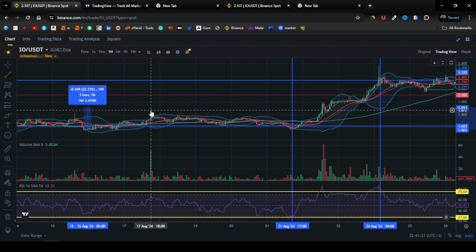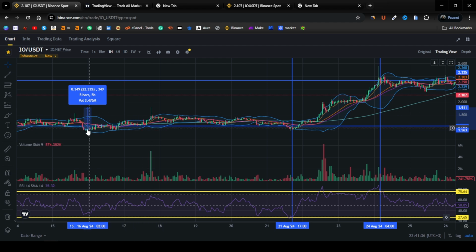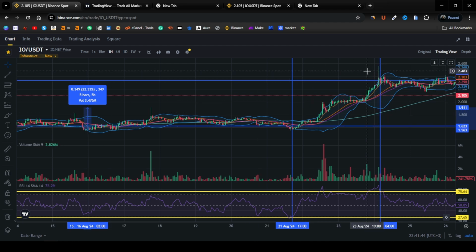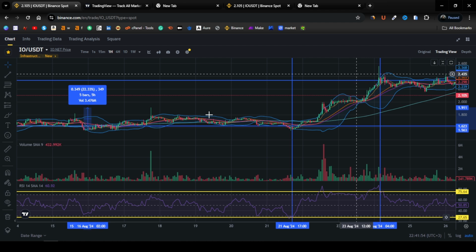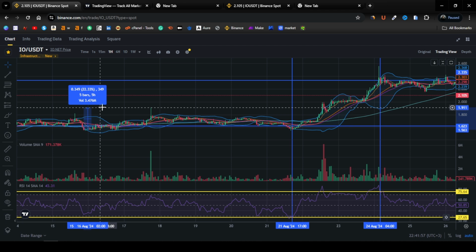All right, and for those who are very patient, you can buy from this point and you wait up to the time the price is going to reach a high of maybe 2.4, because maybe your target could be maybe 30% profit or maybe 25%. And you can see from this point, which is almost the highest point this candle reached, this was around 22% profit, which is still not very bad. All right,